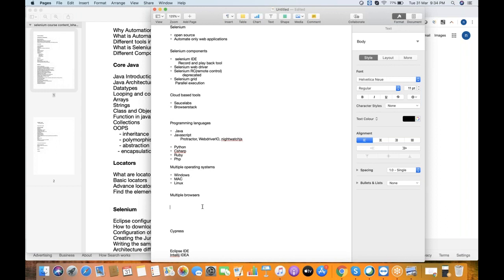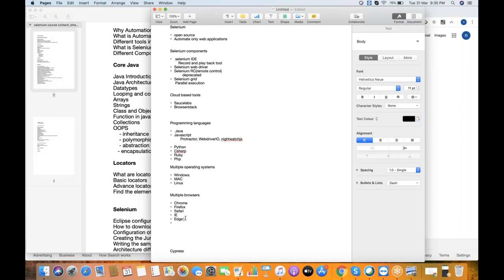Then coming to browsers, it supports all the major browsers like Chrome, Firefox, IE, Safari, Edge. I haven't seen IE used in real time, but drivers are available.